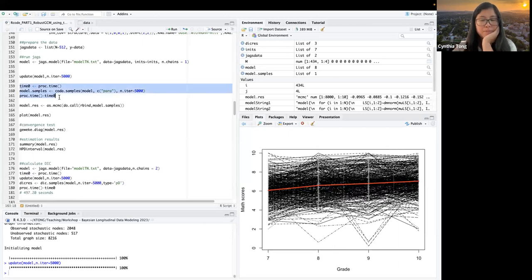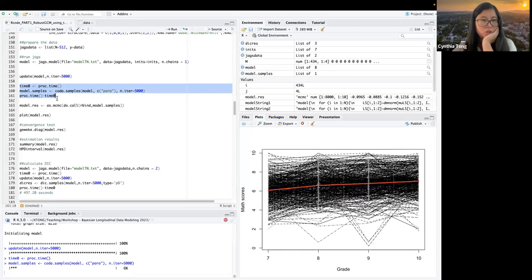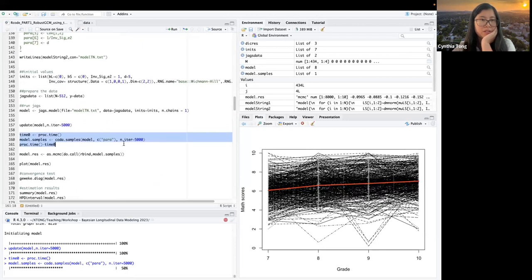So that's just the update of a model. Then we need to save the CODA samples. Now we're monitoring all the parameters.